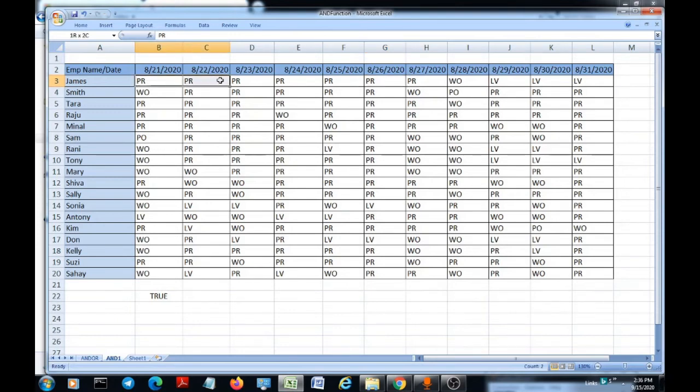So here, which is our seventh cell? 1, 2, 3, 4. H3 is the cell which is the seventh cell here. So I need to apply this formula from the seventh cell onwards. I am using the same formula, I will show you. So this is the formula. Let me zoom in for your benefit.